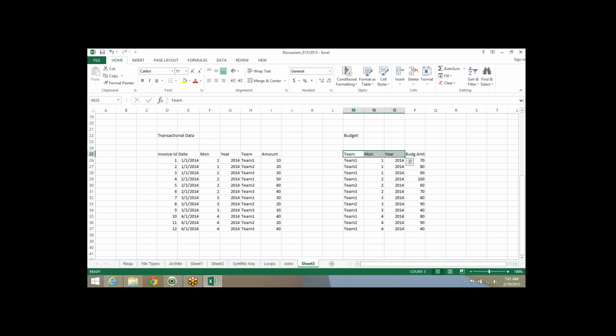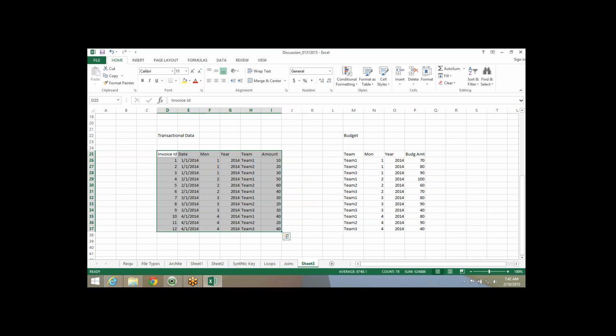So this is a typical multi-fact table. Imagine if you have a couple of more columns in budget, say 10 or 15 other columns, which are different attributes that are there in the transactional table also. In the transactional table also, you have around 10 or 15 columns identical to budget. Now these two become two different fact tables. Managing them through a link table or creating a link on a composite key is a challenge. So in QlikView, what we do is,